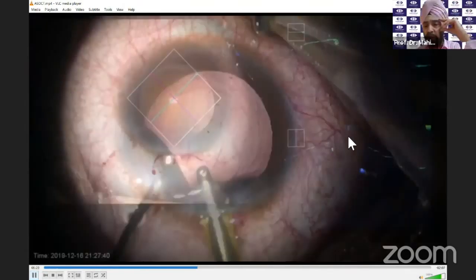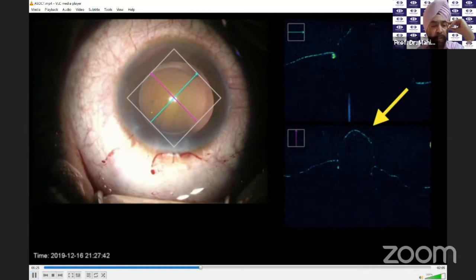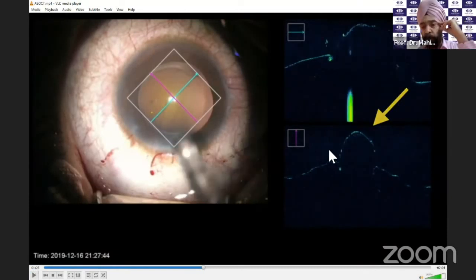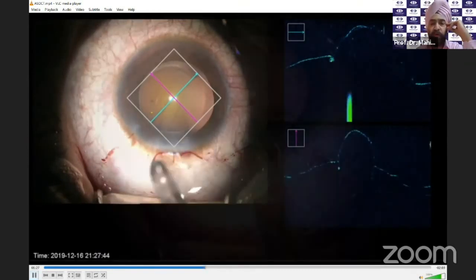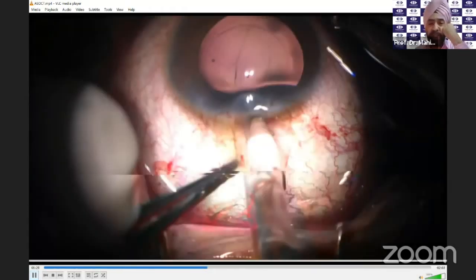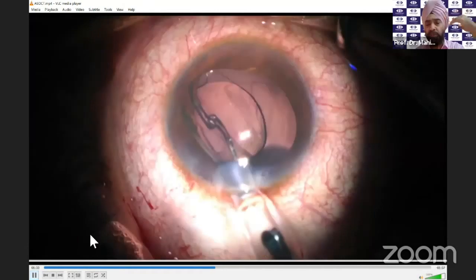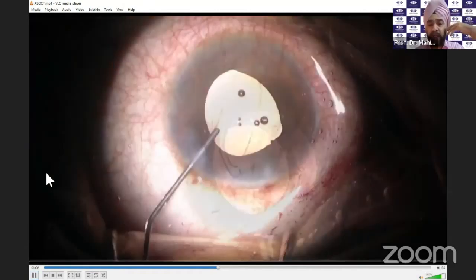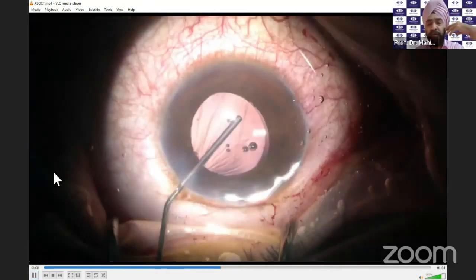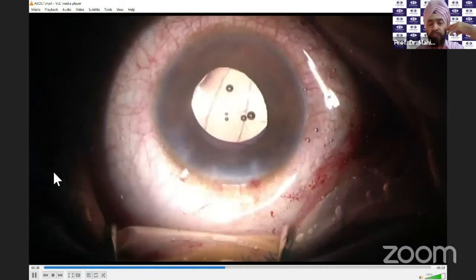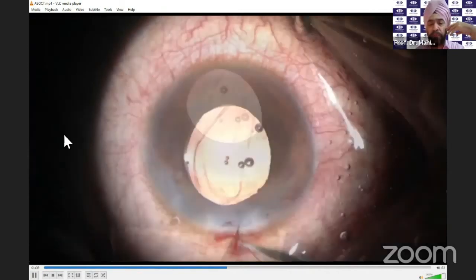And let us see how it looks on the OCT. Can you see this blob? This is a blob in the OCT where you can see that the vitreous is still not broken. And it is coming out of the defect that is there. And I became a little adventurous, and normally I would prefer to put a 3-piece lens in the sulcus because the defect is pretty large. So what I'm doing is that I went ahead. This was a Bausch & Lomb single piece. I put it as Mohan put.